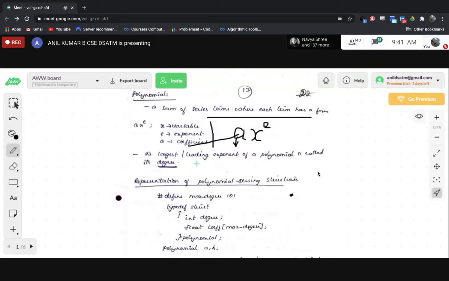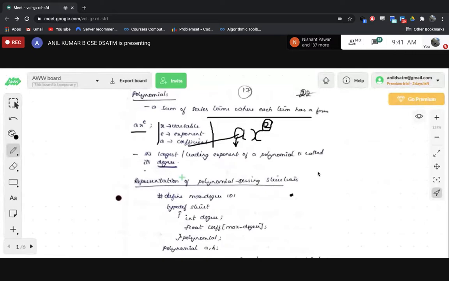The largest leading exponent of a polynomial is called its degree. So highest degree means highest exponent, and we call it the degree of that polynomial. A polynomial is represented as a x power e. It's a general simple format of a polynomial.